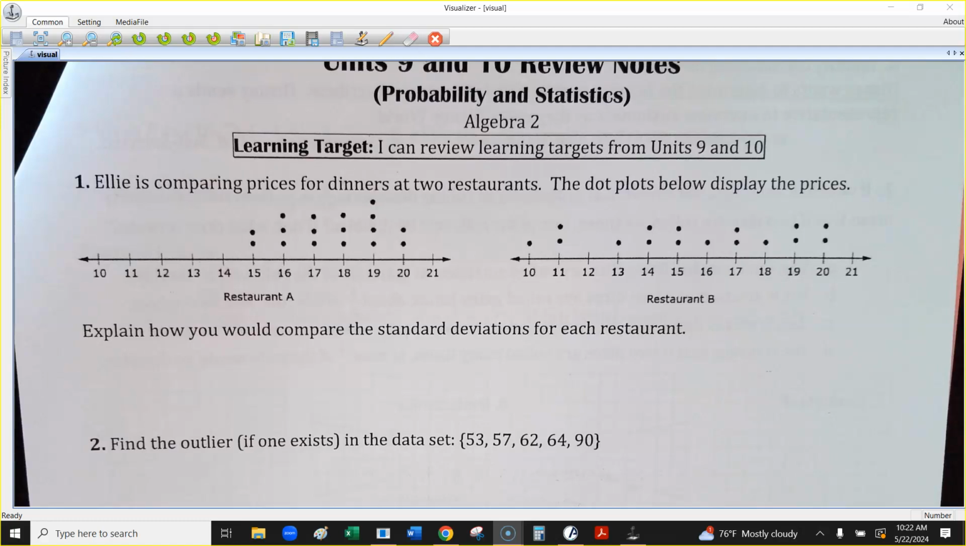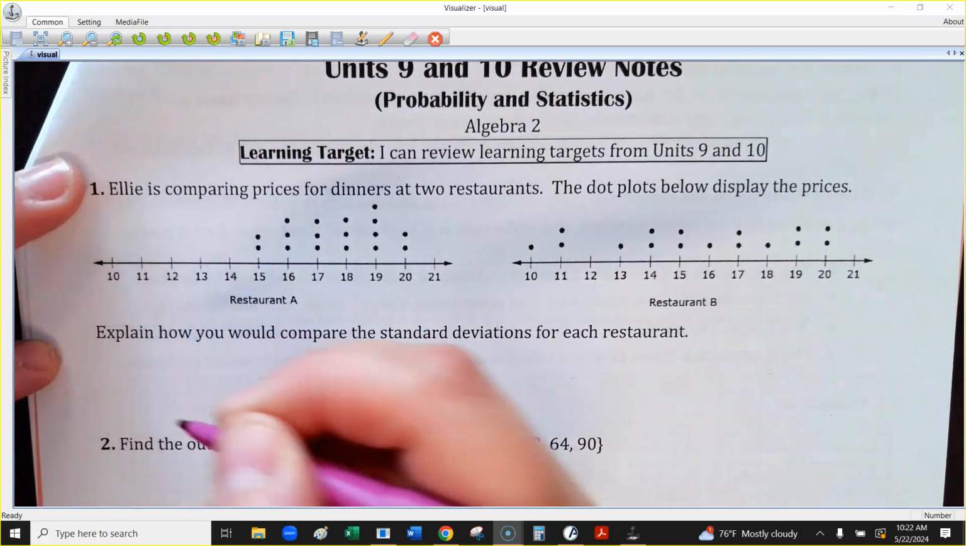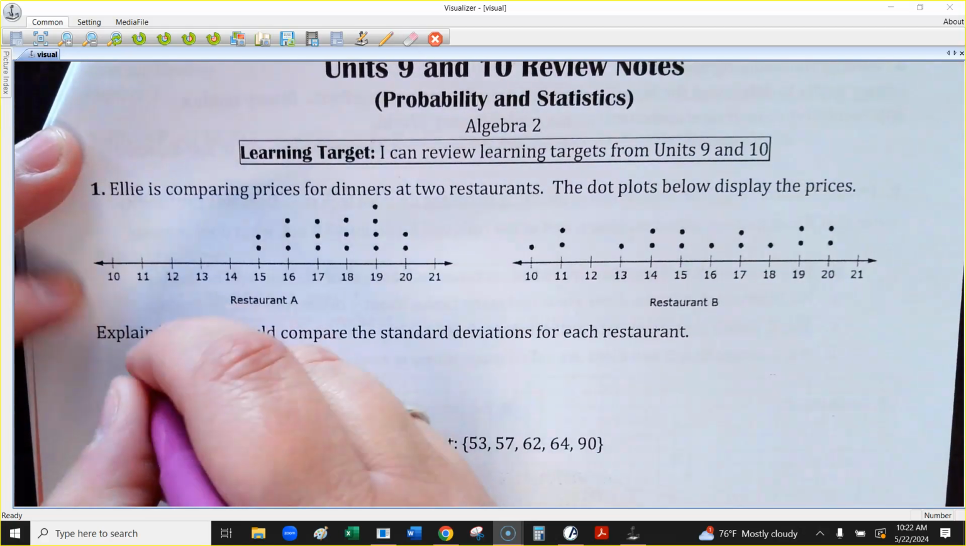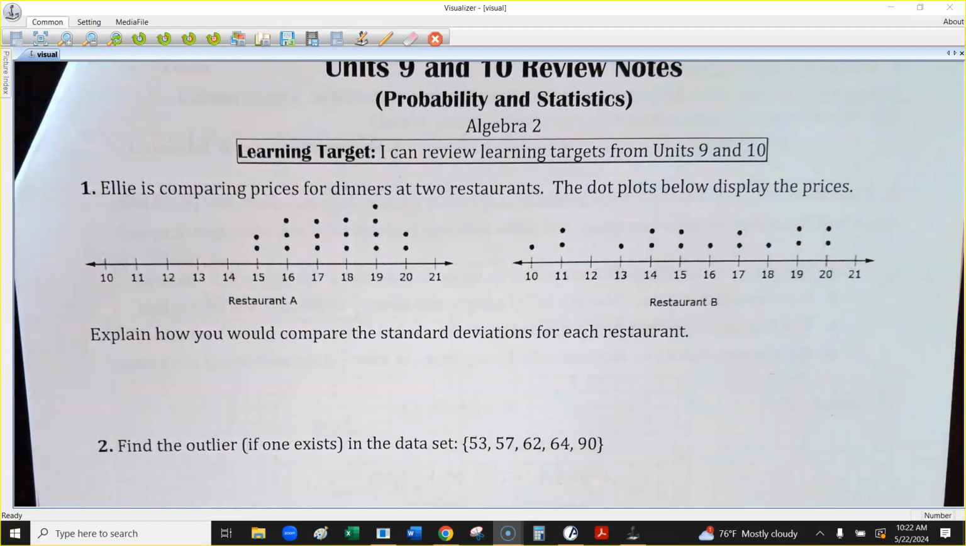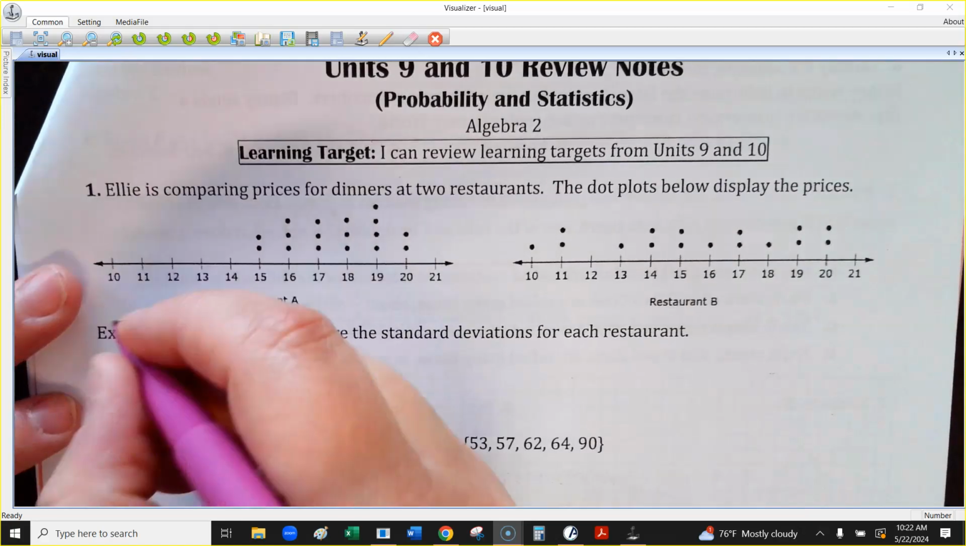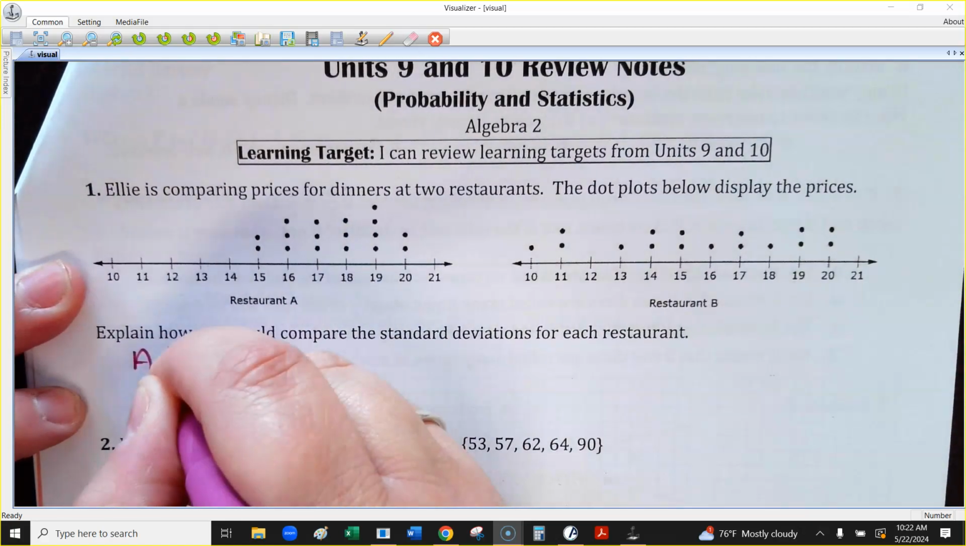Okay, so if you're looking at the dot plot, you do not have to calculate the standard deviation. You could if you were bored, I guess. What would you tell me, which one's standard deviation do you think is lower? Because? It has a smaller range. Yes. Okay, the more spread out the data is, the larger the standard deviation. So maybe something like A has a lower,